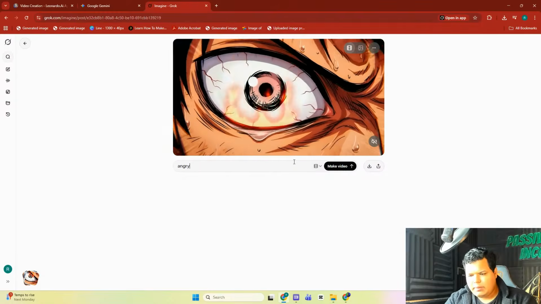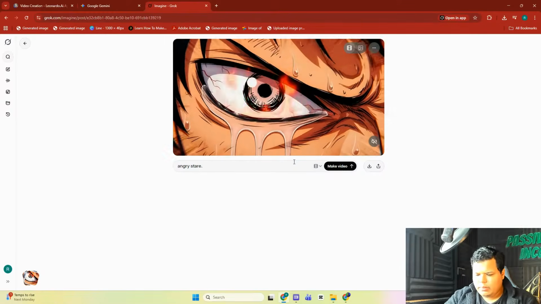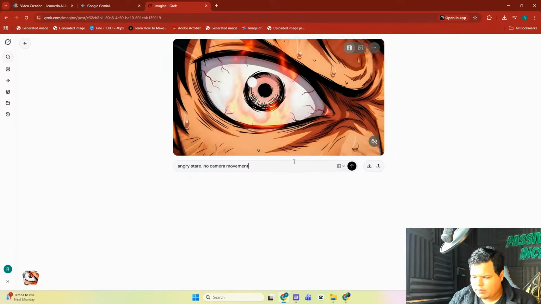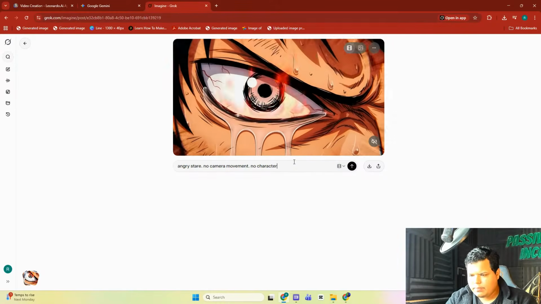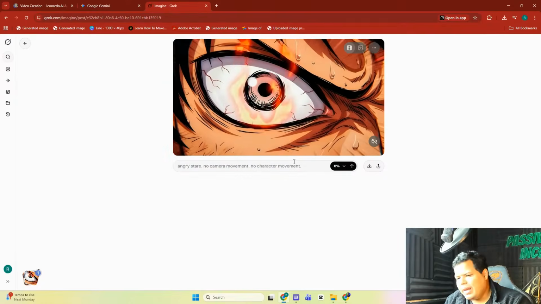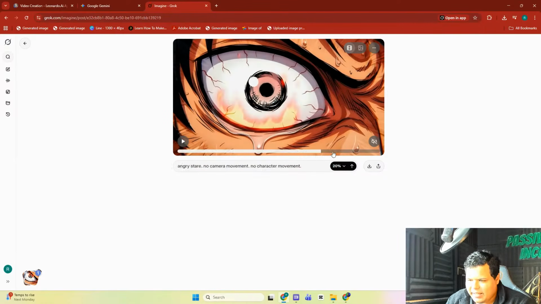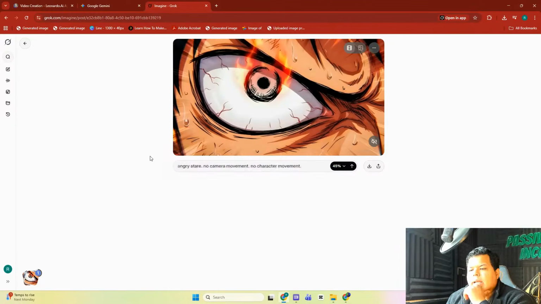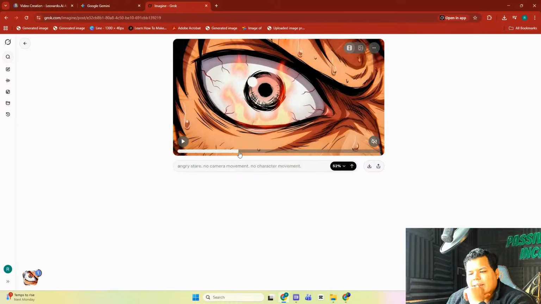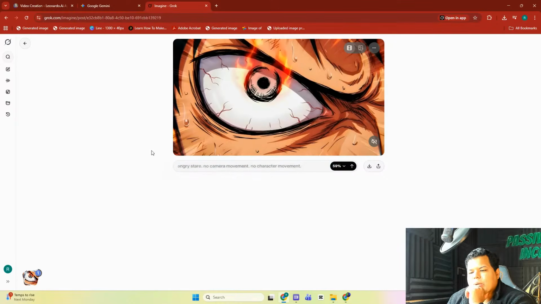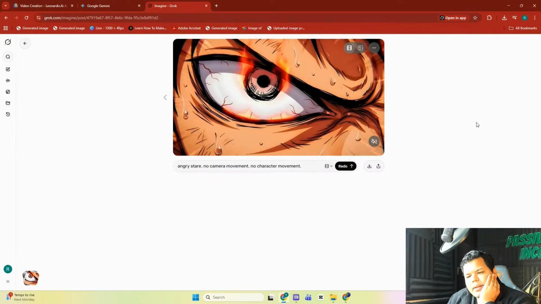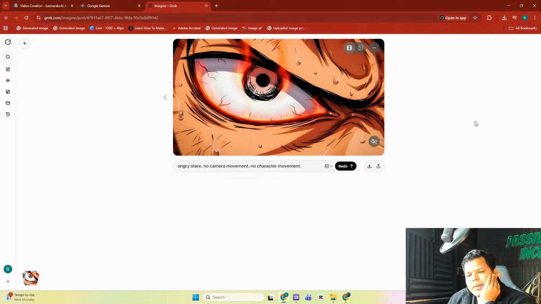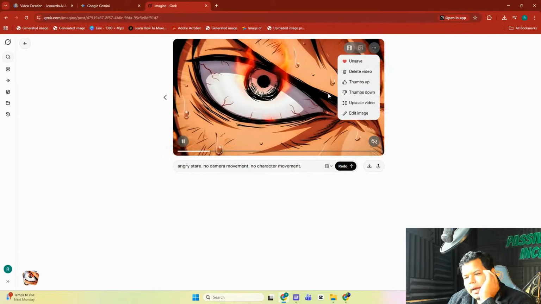So I'm going to say angry stare, no camera movement, no character movement. Should be crying. I mean, he's angry. That's correct, but he's definitely not crying. But they just decided that they're going to make it look like he's crying. It's crazy. How could someone with a fiery eye and an angry eye be crying? I don't really even want to think about how they managed to come to that conclusion. But I'm satisfied with this